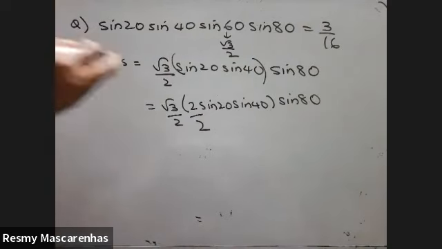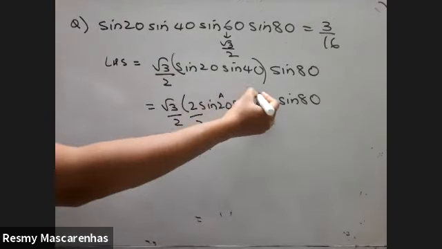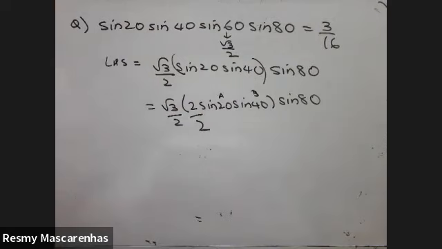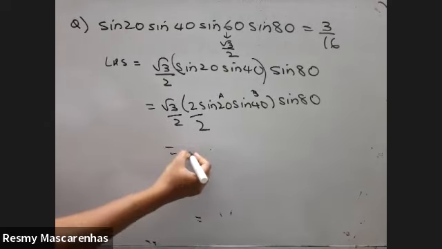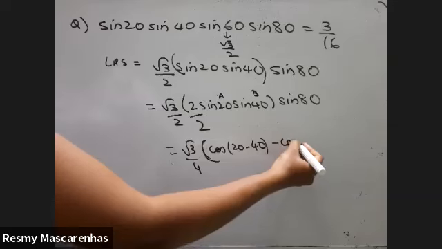Because the formula goes as 2 sine A sine B. Without 2, you cannot apply the formula. So now use the 2 sine A sine B formula there. This 2 will get multiplied here. So 2 sine A sine B is what? Cos of A minus B